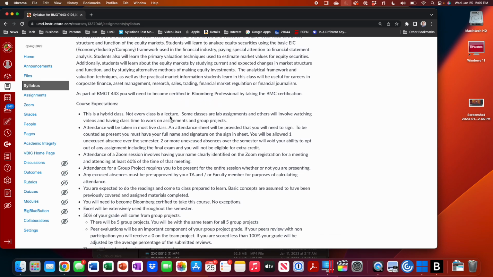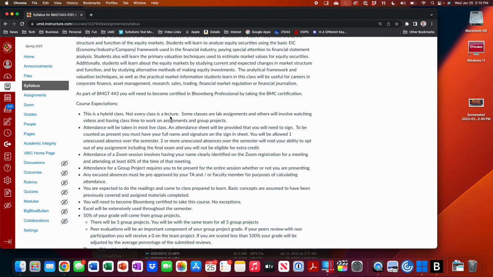I'll also say that this is what I call a hybrid class, which means sometimes we'll have face-to-face lectures. Sometimes I might post a YouTube video and give you some hands-on assignments that you'll watch in lieu of the lecture. And because there are 46 students registered and 32 terminals in this room, I will sometimes have Bloomberg lab days just to give you the chance to use the software to do the work because we don't have enough computers to go around during every class. Okay, so again, just letting you know, calling it a hybrid class as we go through the semester, but you will learn a lot.